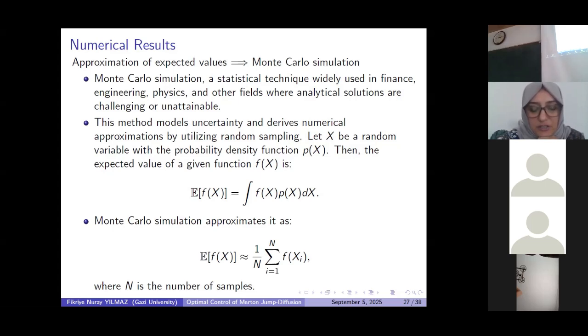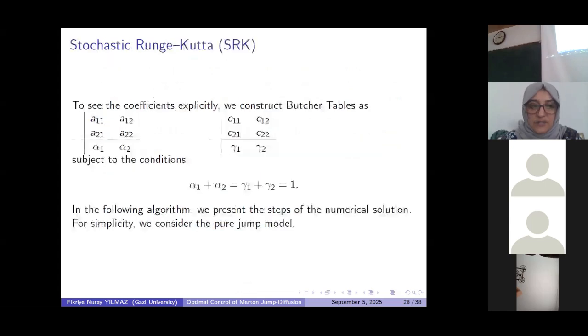Here, the integration is changed to a summation, and we take the average of this summation by dividing by the number of samples we use in our calculations. Of course, after getting optimality conditions